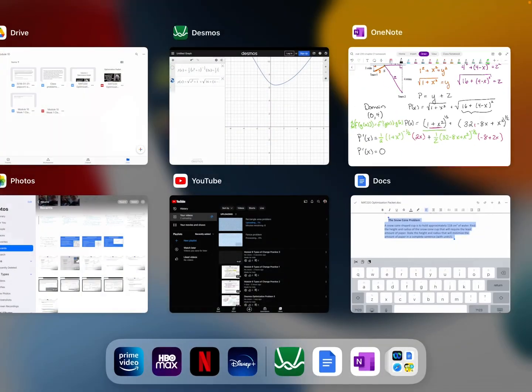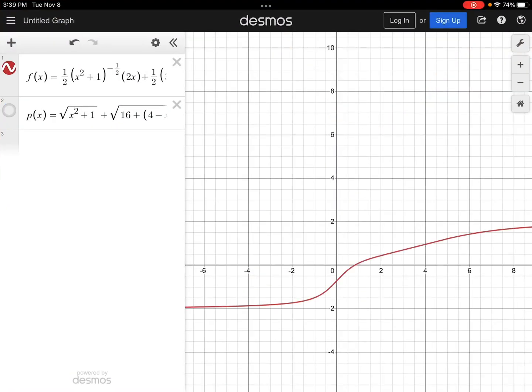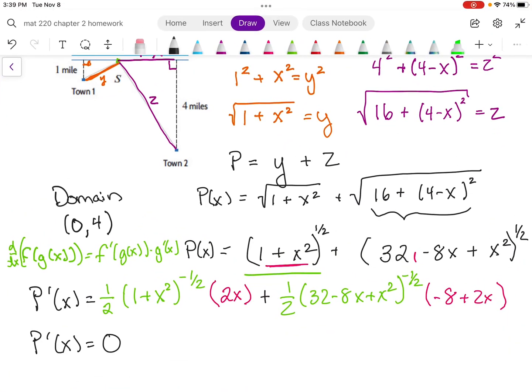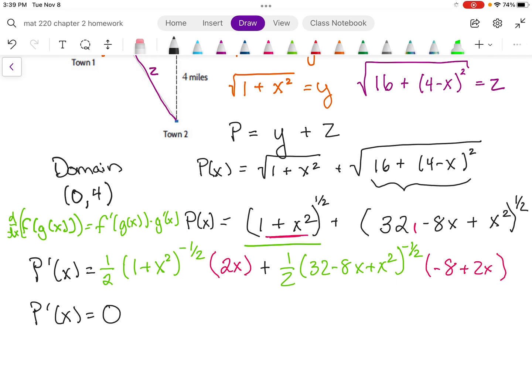So in this case, if I pull up my graph of my derivative, and I already had it graphed and ready to go, I can see the curve, and I click right here and I notice that I have a critical value at 0.8, and before the critical value, my derivative is negative, and after my critical value, my derivative is positive. So p prime of x equals 0 at x equals 0.8,